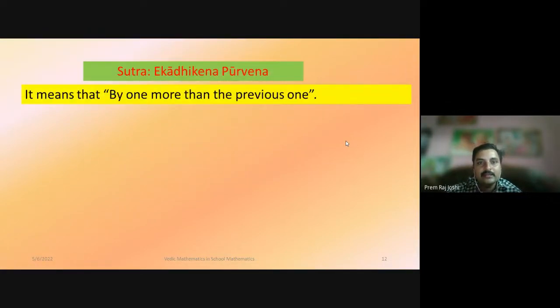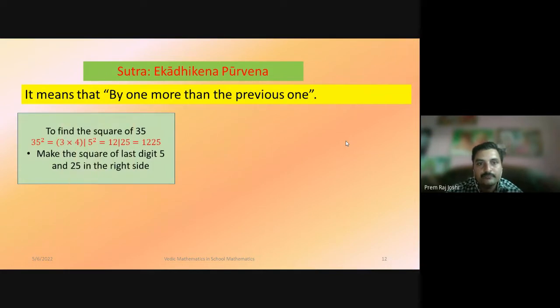Now this is the Ekadhikena Purvena sutra. It has many other applications, but I have taken one application: to find the square of numbers whose last digit is 5. Okay, and this sutra actually implies 'by one more than the previous one'. For example, the condition is that the last digit